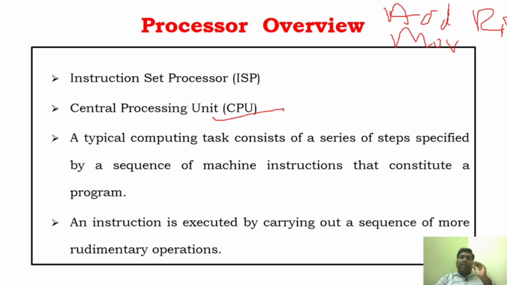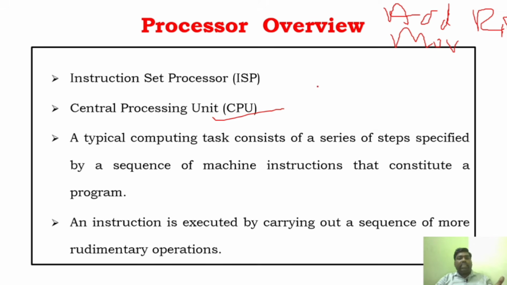The very important working of the processor is that it performs all the operations. Whatever operations or instructions are given to the computer will be executed by the processor. Of course, the processor will get the help of the ALU, all the registers, everything, but the complete operation is organized by the processor. Today we are going to see how these instructions get executed, and before that, how it is organized.